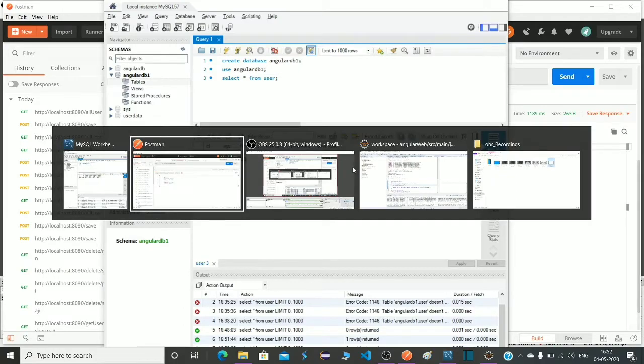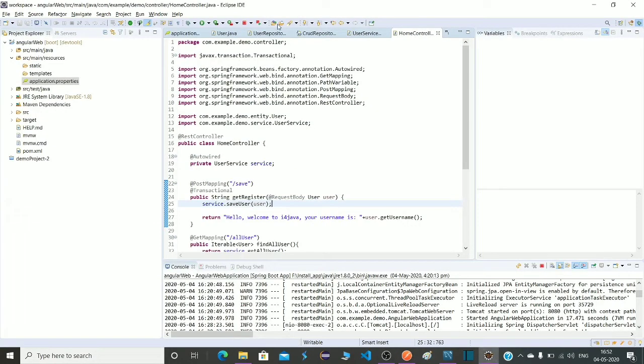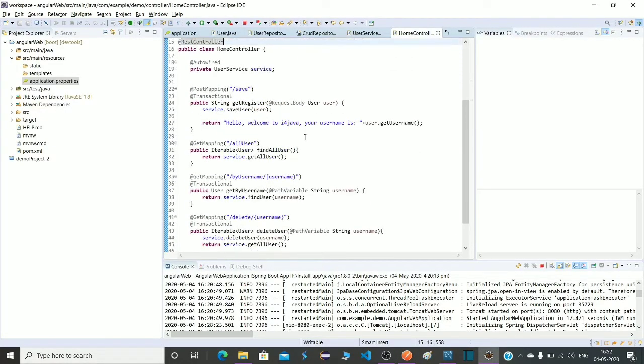Okay, let's go to our Postman and call our next method. Here we will add this path and send the name which we stored in the database.